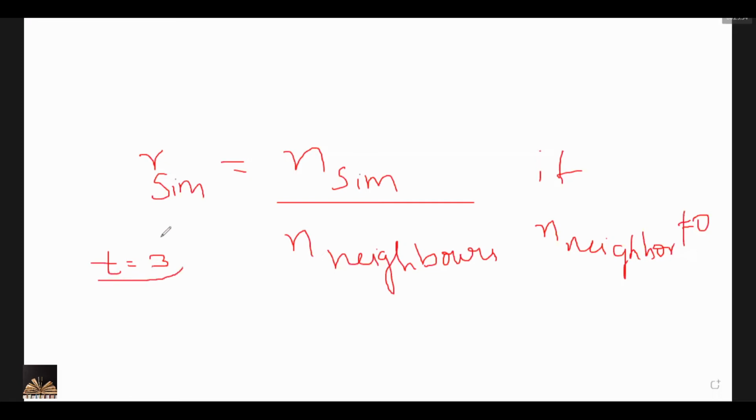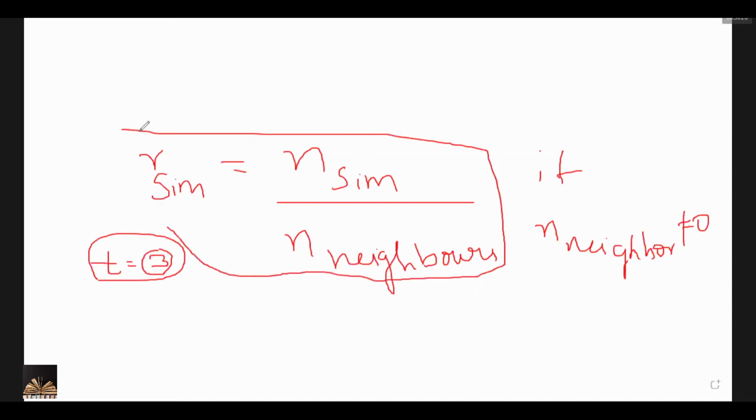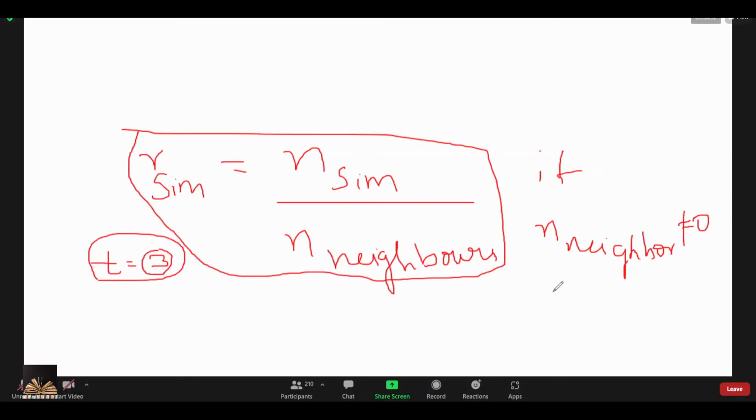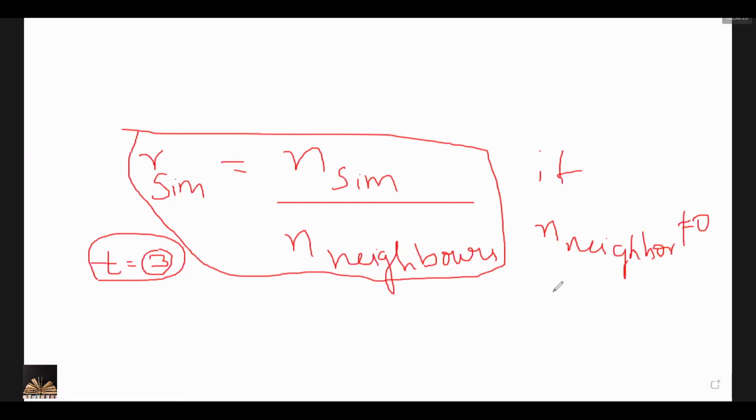Okay. T is nothing but the threshold value, which will decide whether you will stay in that particular place or you will move away from it. That means a minimum of 3 people of your category should be surrounding you. Then you will start staying in that particular place. Otherwise, you will start migrating. T refers to threshold. At least 3 people. Minimum of 3 should be there. So this is the formula for calculating the similarity ratio of the Schelling model. I'll share the formula for the Schelling model as well as the complete graph diameter. The two things I'll share.